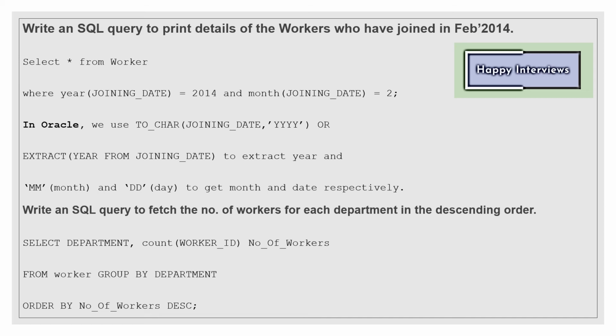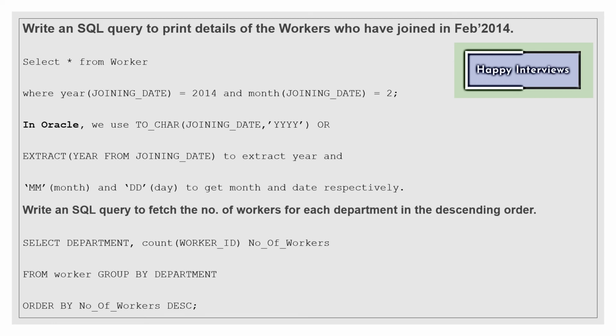One other way to do it is the extract function. In extract we can use year from the column, from which column you want to extract the year. So you saw that in SQL Server we can directly write year, but here we need to use the function extract. So that's the difference between SQL Server and Oracle, how it works. And for month we write month, and dd for date.